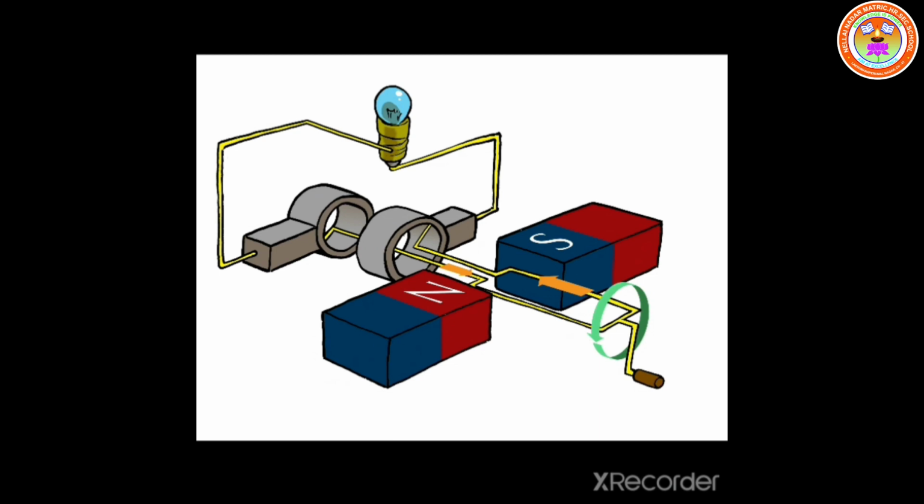DC generator. So this diagram shows the AC generator. What is the difference here? We have the slip ring, two halves. It is fixed on the left hand side, below the bulb. There are two rings, and that ring is called a slip ring. If the slip ring is connected, that is called an AC generator.